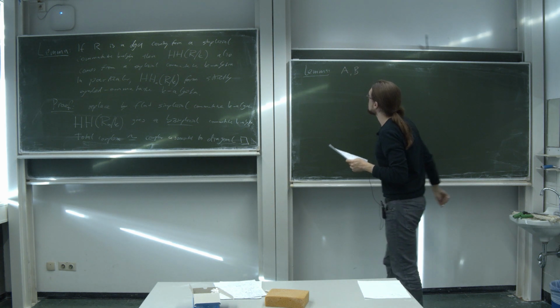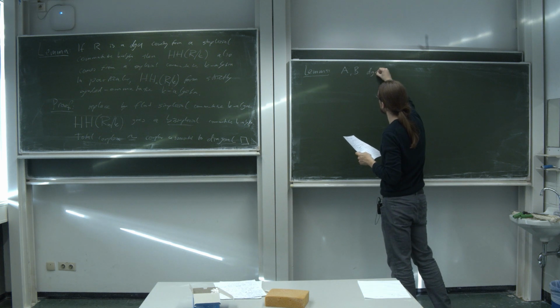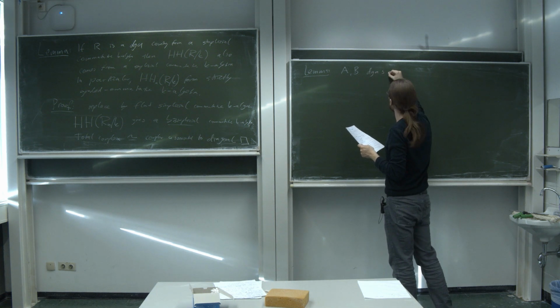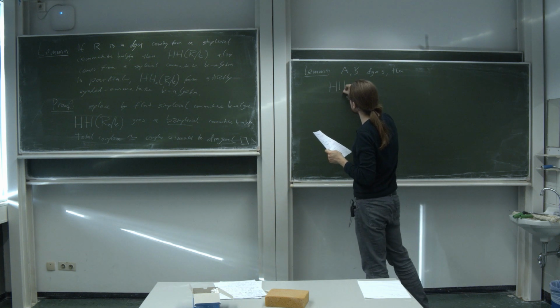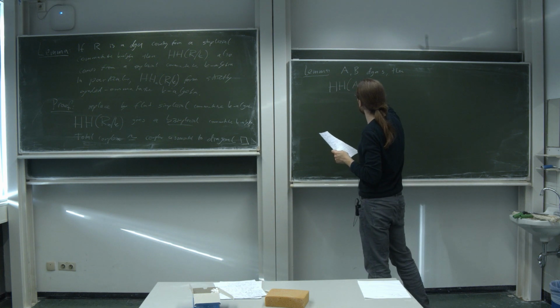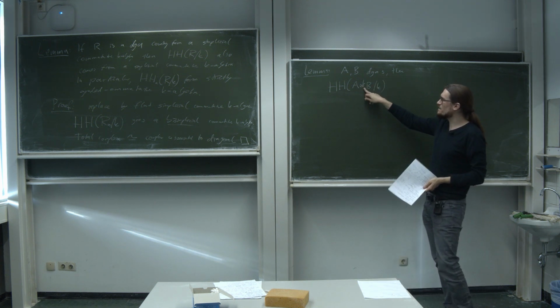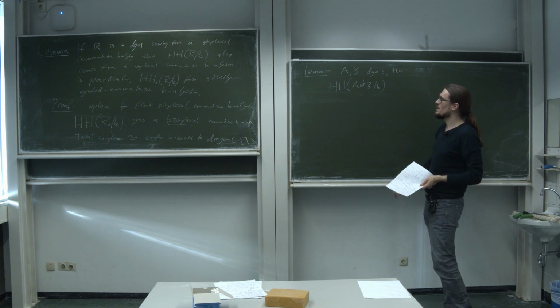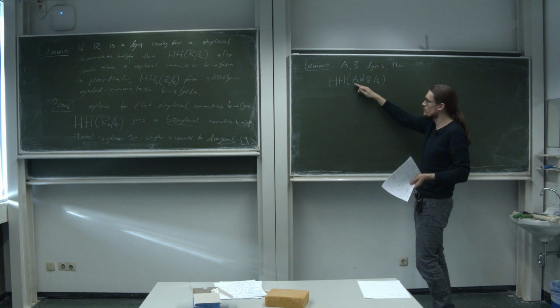Let's say the following. If A and B are two different DGAs, then the Hochschild homology of A tensor B, and I'm putting derived tensor product here, reminding you that if your things are not K-flat, you have to first resolve them,